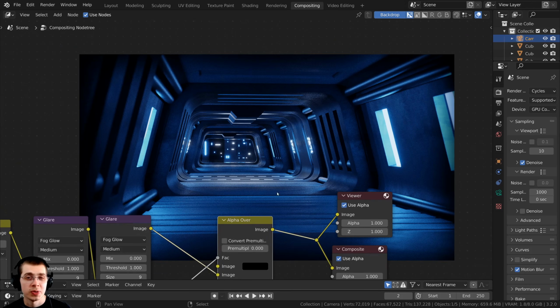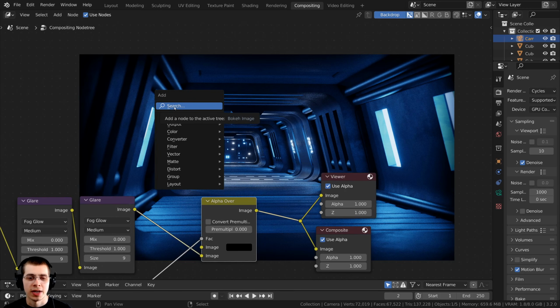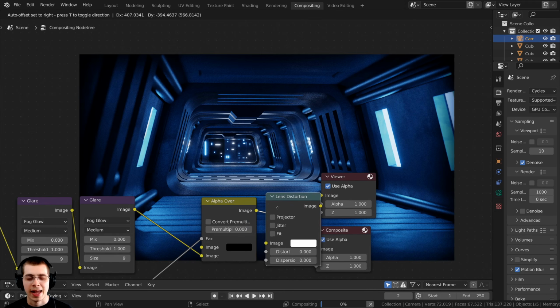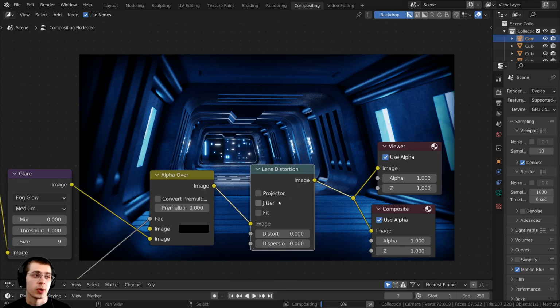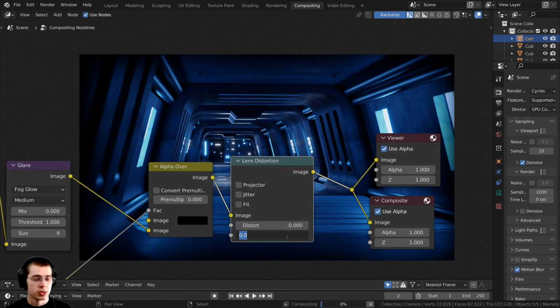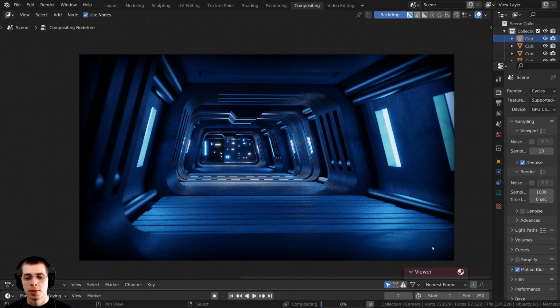Now I also want to give this image a lens distortion, just to give it a cool sci-fi effect. So I'm going to press Shift A, go to the search, and search for the lens distortion node, and I'm going to stick that after the alpha over. I do want to make this very subtle, so if I open this up, make it a little bit bigger, on this dispersion value, I'm just going to turn this to 0.02. So just a 0.02, so it will be very subtle, but it's going to give it a small lens distortion